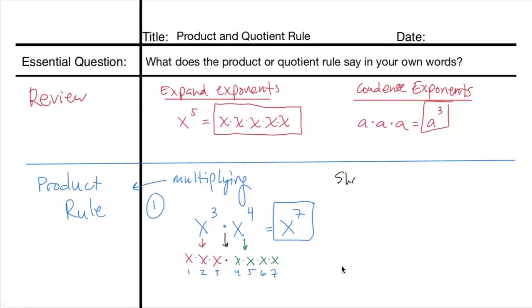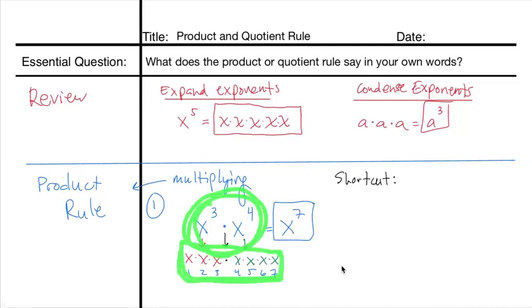And some of you guys see a shortcut. If you see a shortcut, go ahead and write it down. If you don't see a shortcut, take a look at how we could have gone from just the problem without expanding and doing all this work. How could I have gone from just the problem to the answer? What's the shortcut? It would have been a faster way to write that. Good, and we see the shortcut is when